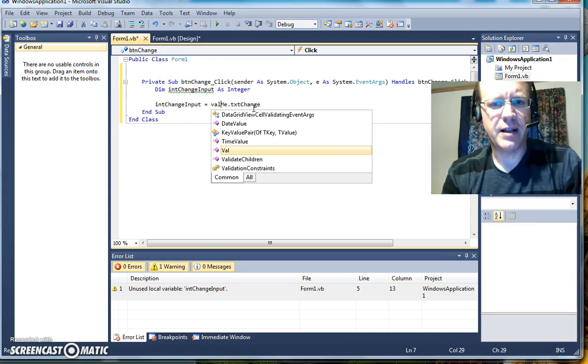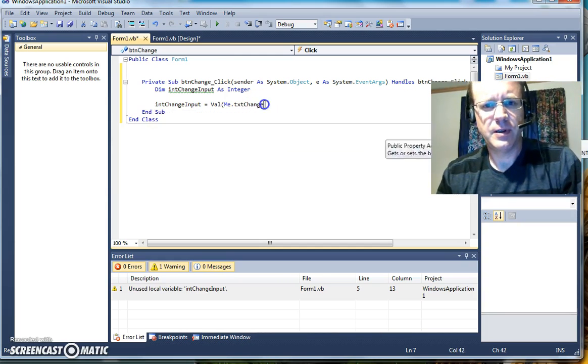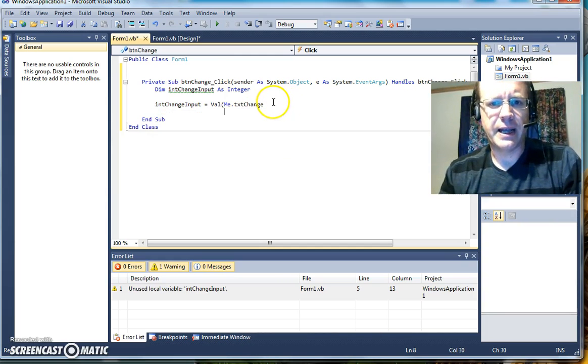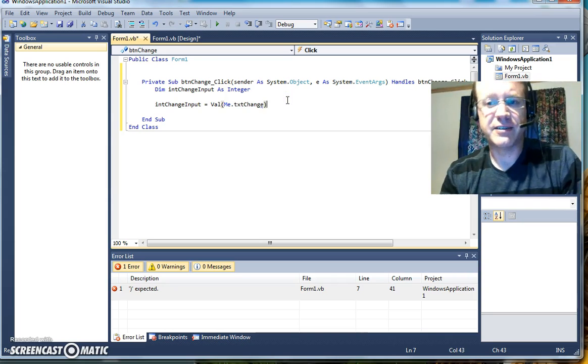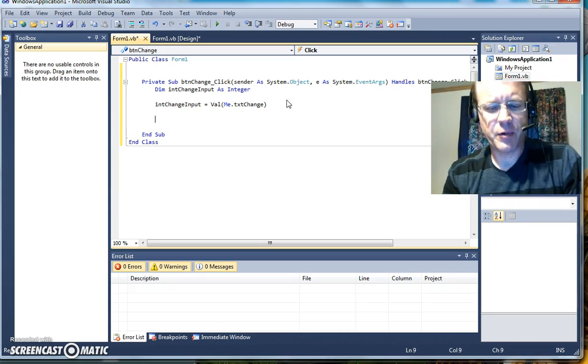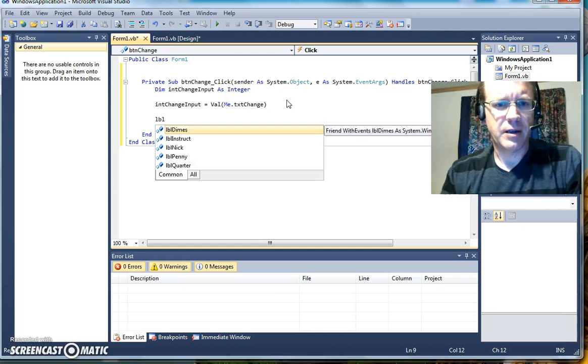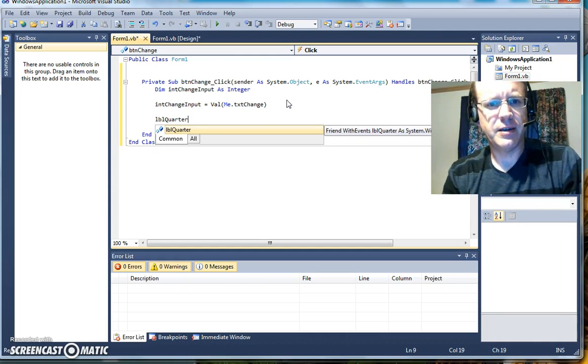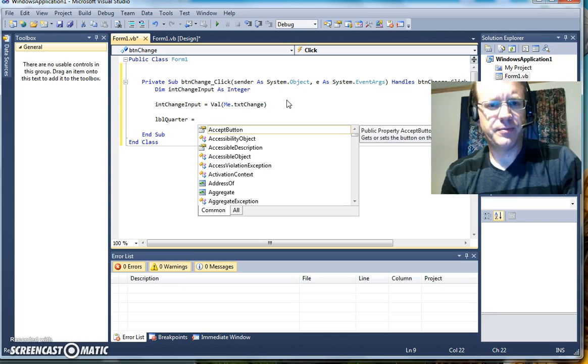I'm going to call this val, right? So that way it can actually convert it from the string that's inside the text box to an actual numerical value. The next thing I'm going to do is calculate the number of quarters. So I take LBL quarter, right? LBL quarter equals